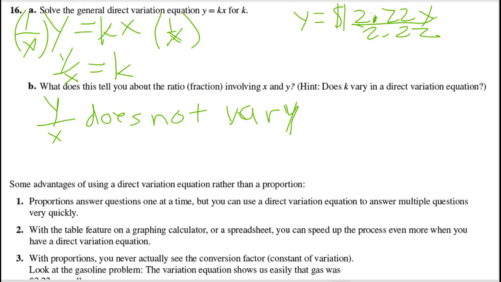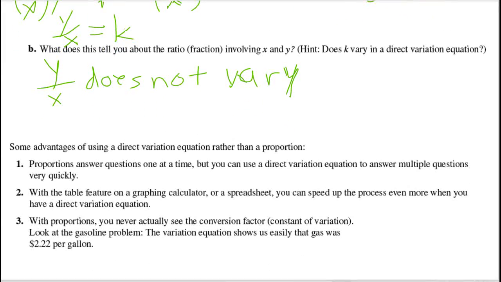So some of the advantages of using direct variation equation rather than a proportion. Go ahead and read that. So proportion you have to write every time. With the equation, you just plug the number into the equation, or you literally just multiply by the constant. Basically, with an equation, you've already done the cross multiplication, or you've already solved the proportion for